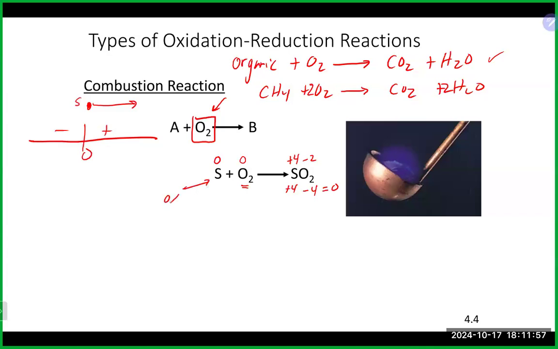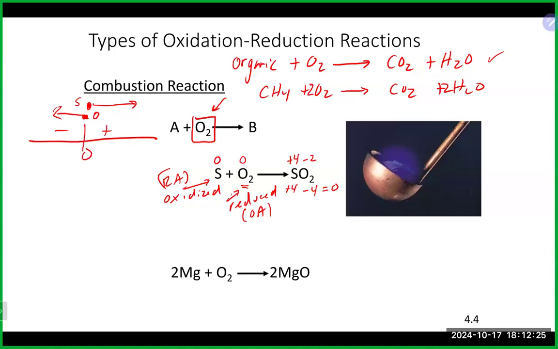The sulfur here is being oxidized, right? The oxygen started at 0, ended at -2, which is becoming more negative, and it is being reduced. This is our reducing agent. That is our oxidizing agent in this particular case. So it is definitely a redox reaction. Electrons are being transferred, which is ultimately why this is happening, but it is more specifically sometimes called a combustion